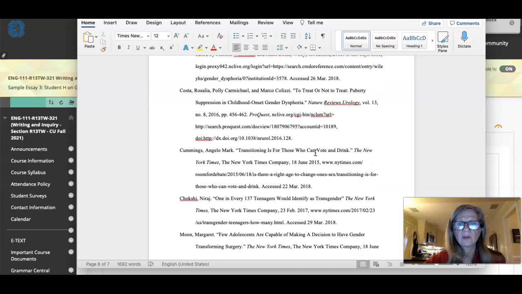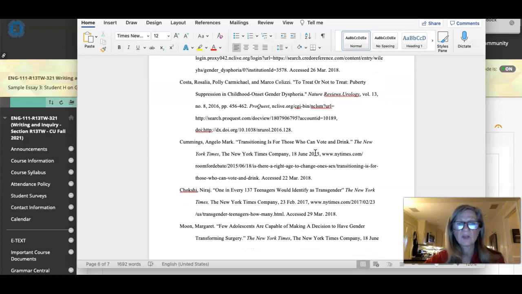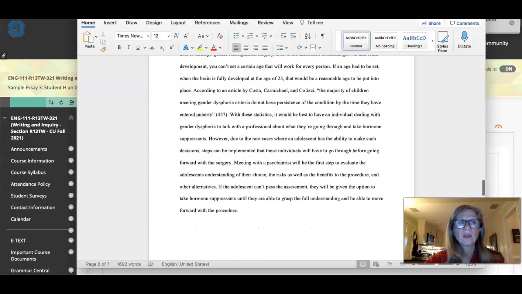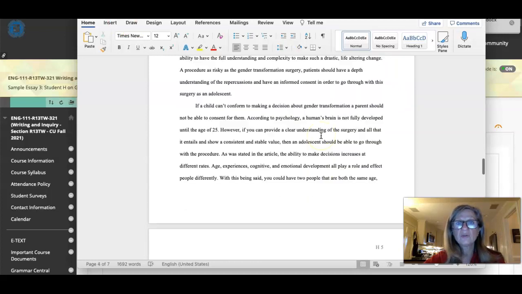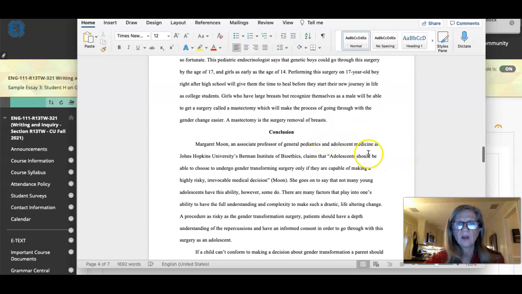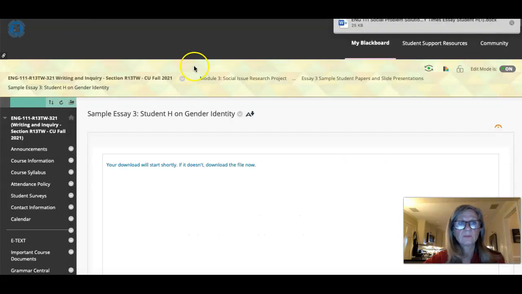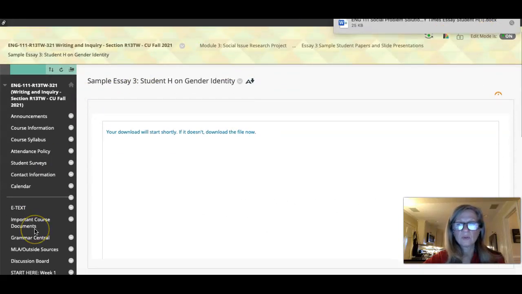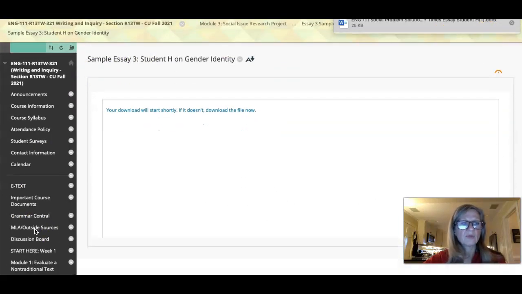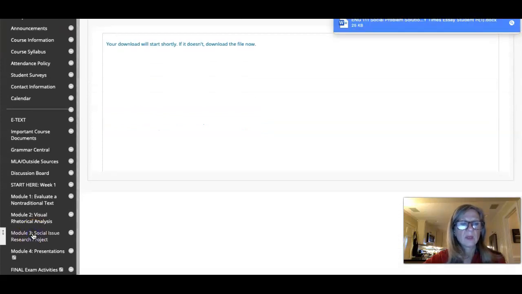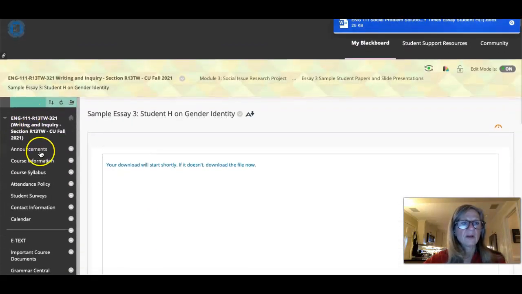So you're going to have at a minimum 5 sources on this works cited. Those are those 5 sources that you summarized for me. So this is what you're going to do this week. You're going to get this written up. It's going to look like this. You'll post it Sunday night, and you will start doing peer editing, but I will address that later on in the week. So if we go back to our announcement,